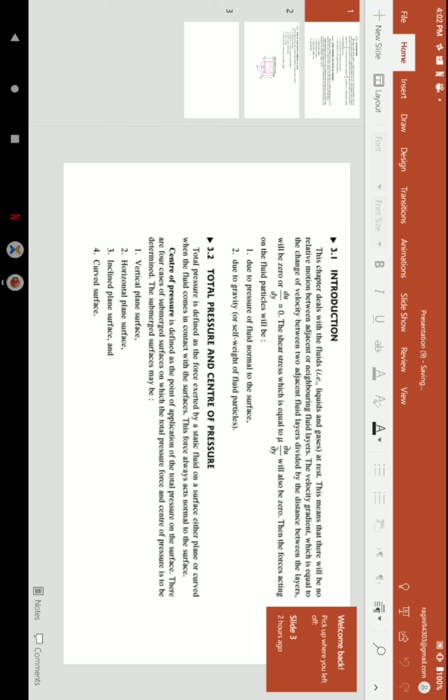And force due to gravity. Those are the two forces which are going to be acting on any surface. Okay, now when these forces are acting on the surface, what is total pressure and the center of pressure, where these forces are acting and how it is acting. Then the total pressure is defined as the force exerted by a static fluid on the surface, either plane or curved, when the fluid comes in